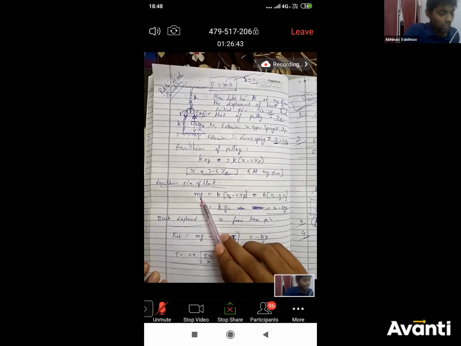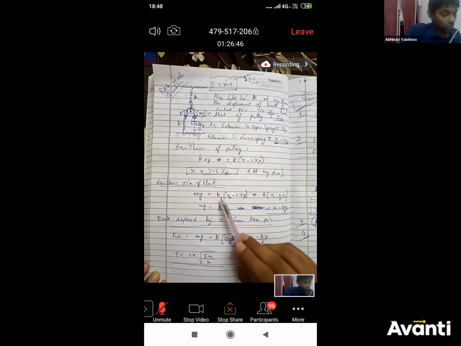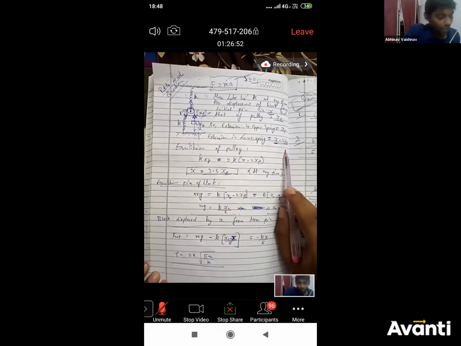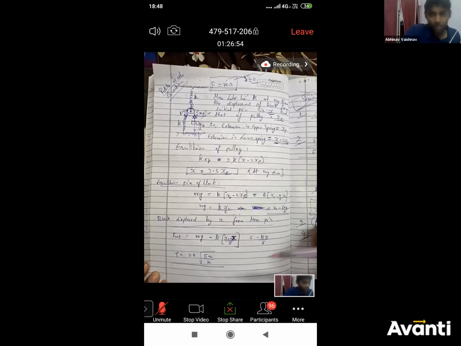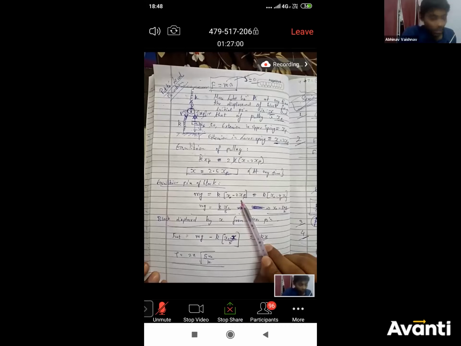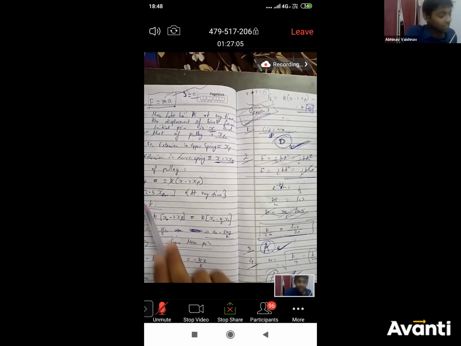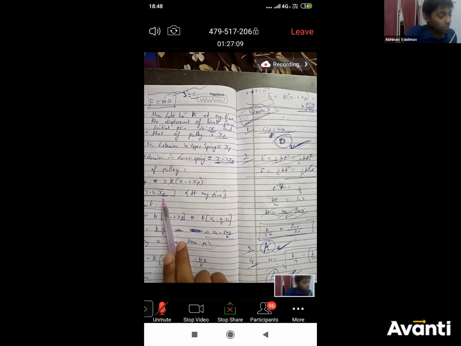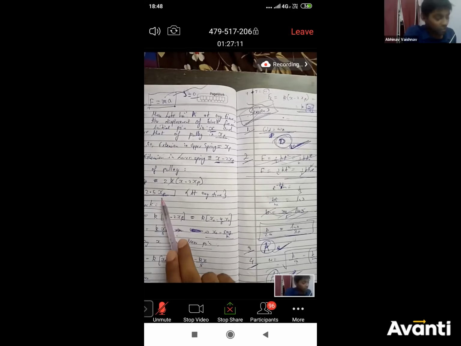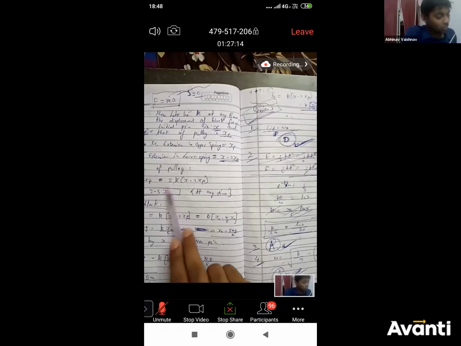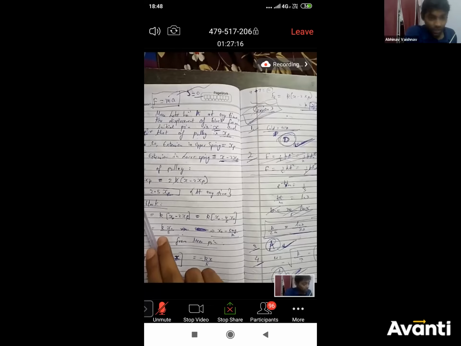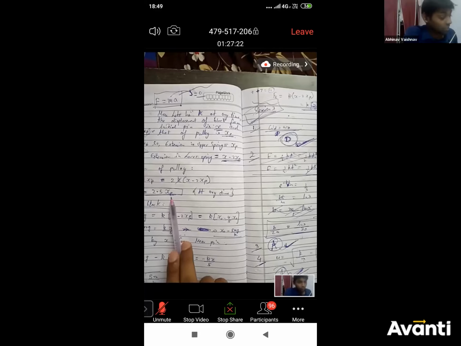So we'll say mg equals the lower spring force. What is the lower spring force? K times x minus 2xp, right? I'm writing x naught. X naught is the equilibrium पे जो displacement है, right? So x naught minus 2xp naught, right? Okay. So now using this relation, we know at any time x equals 2.5 xp. Since x equals 2.5 xp, what is xp naught? Just substitute xp को substitute कर दो. So xp will just be 2 by 5x, right? As you can see here, x equals 5 by 2 xp. So if x equals 5 by 2 xp, so xp is 2 by 5x.